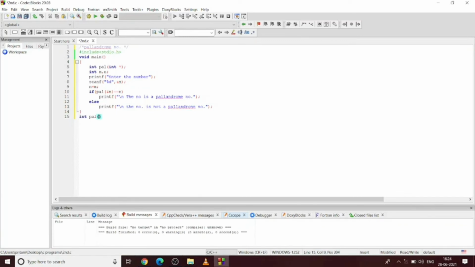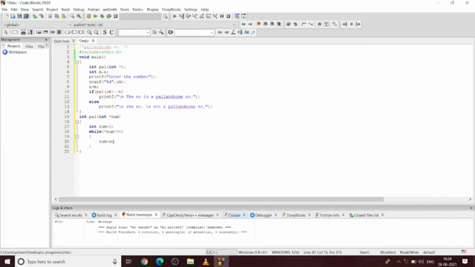Int pal, inside the parameters int num. Okay, I am going to initialize another variable sum as 0. So int sum equals 0 semicolon. Then while num is not equal to 0, what will we do? We will select one digit and then multiply it by 10 and select the next digit, then multiply it by 10, then select another digit.